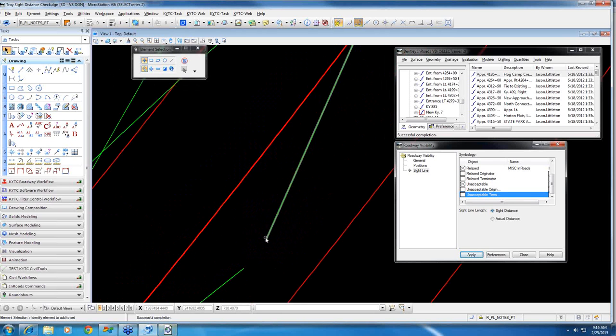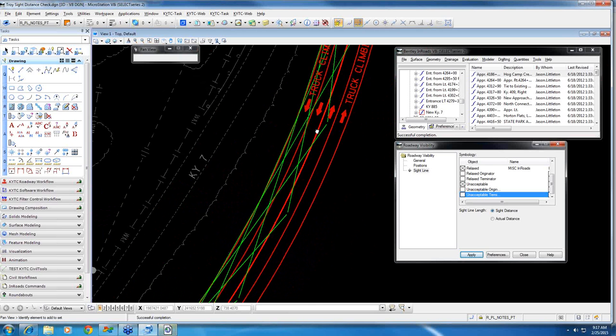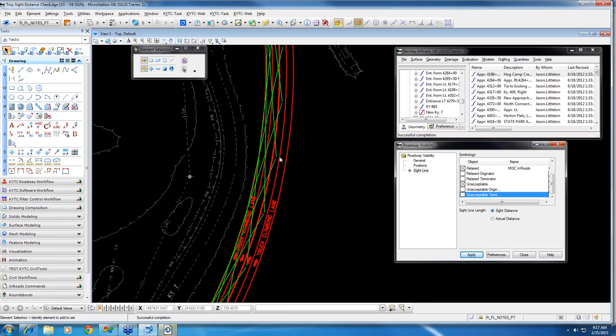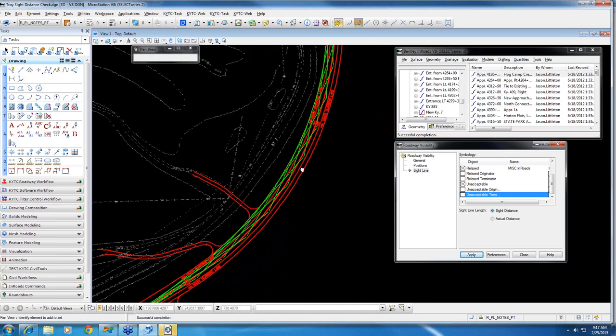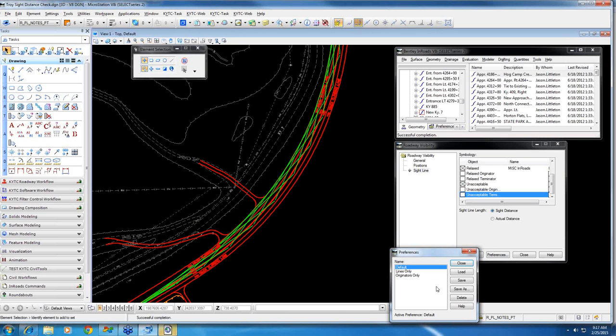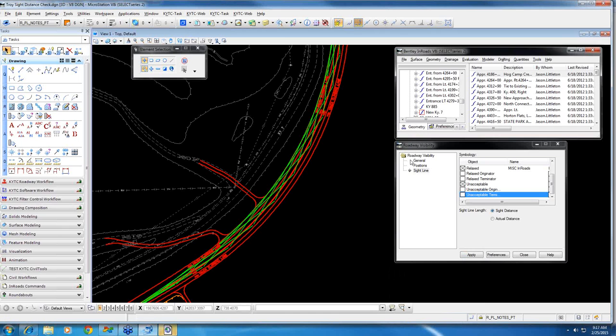And now that stuff goes away. So this works just like your other InRoads preferences. And so you could go to Preferences and save it. I've got one set up with just the originators, but I don't want to lose all. It'll clear out all your default values here, so I don't want to load it. But if you just wanted to see the originator,